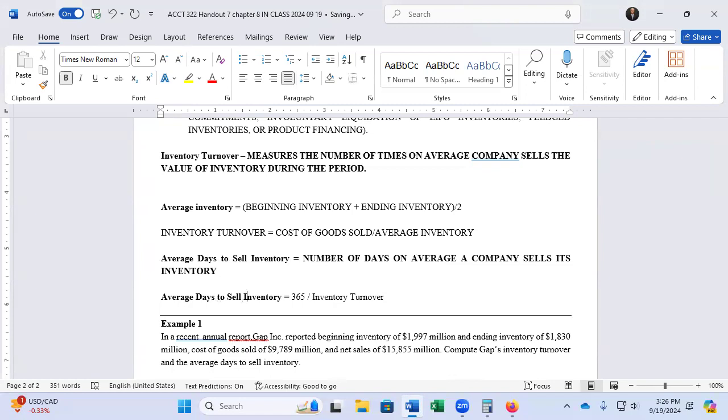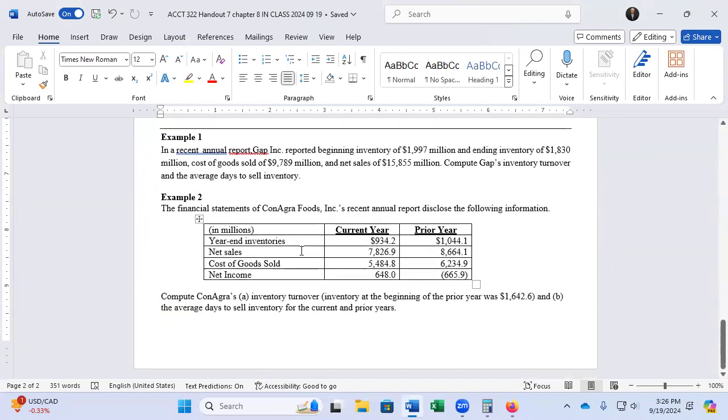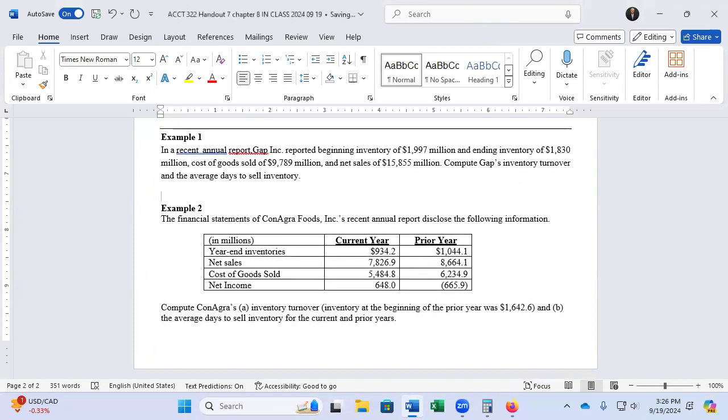And that formula is 365 divided by inventory turnover. Sometimes you'll see it as 360 just for easy calculations for the number of days in the year. And so we have just a couple examples here I'll walk through. Okay, so the first one,